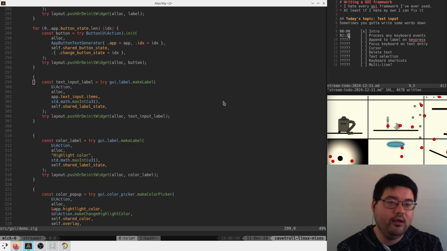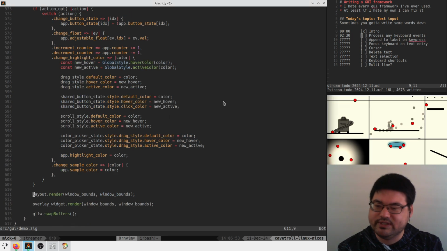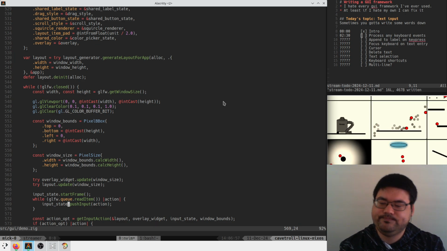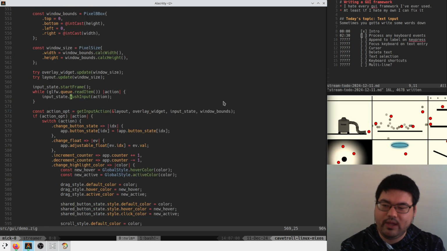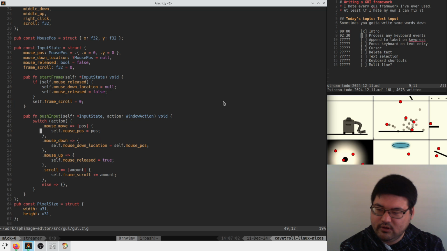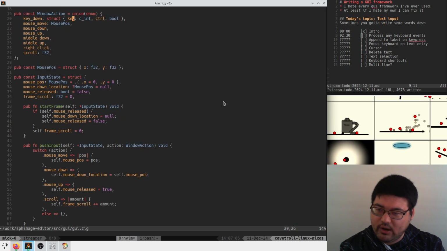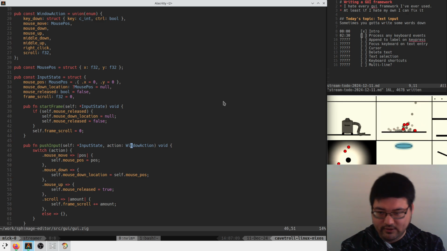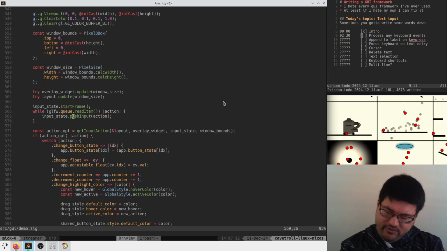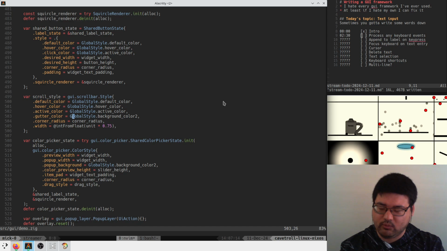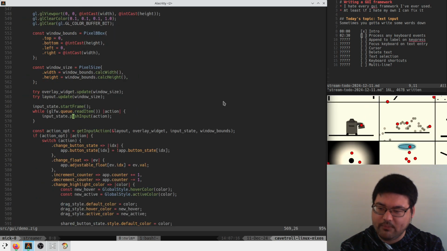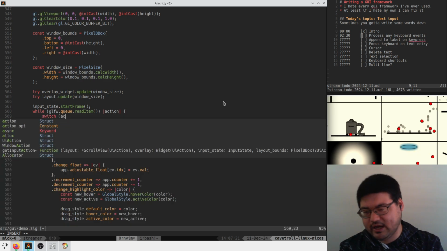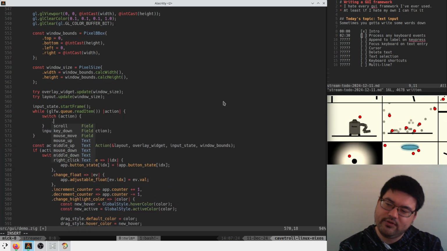So let's try to process some keyboard events and see what that means. I guess we have some input state, and the input state gets some window actions where it defines these things, and says, hey, if there's a key down, give me that key down. Now, I believe that the way we've got this set up is that those are just going to be raw GLFW events, which is not very helpful for us. So we're going to have to figure that out. But for now, let's just do this. If the action is a key down,